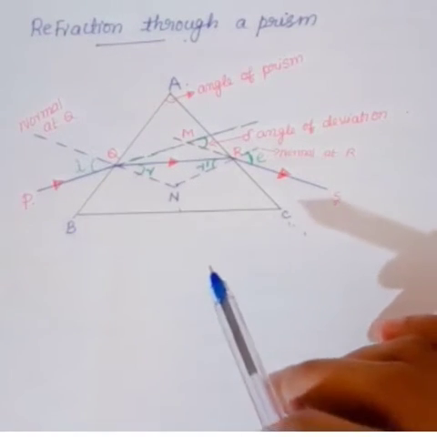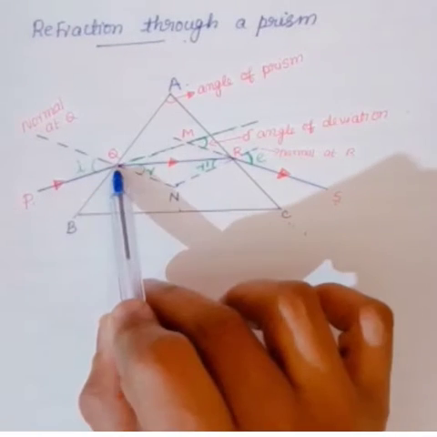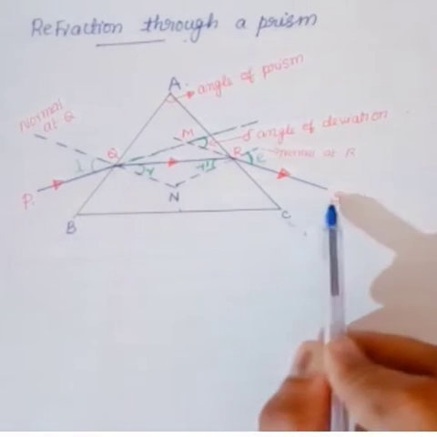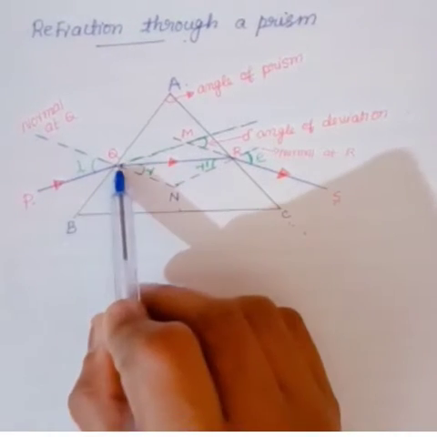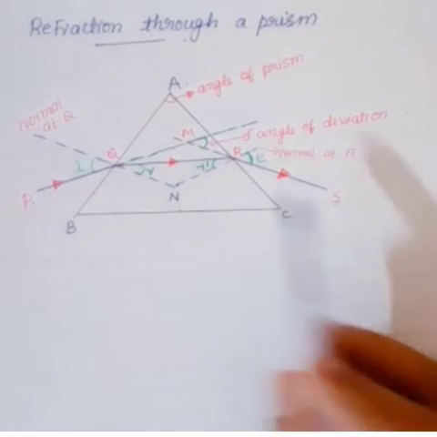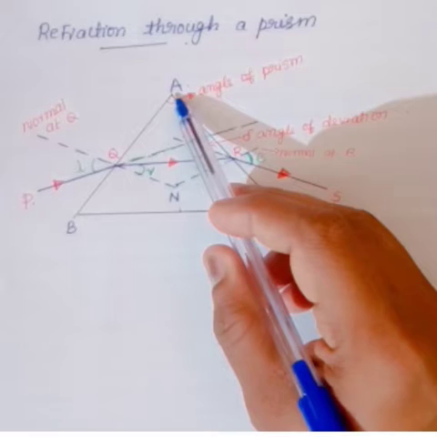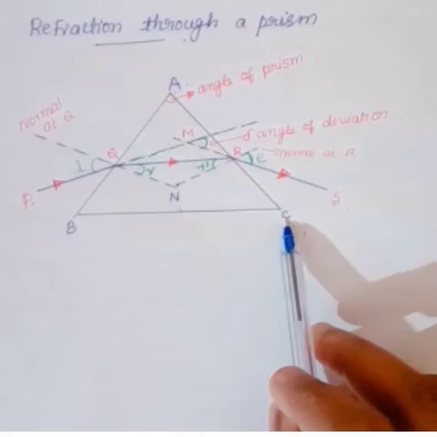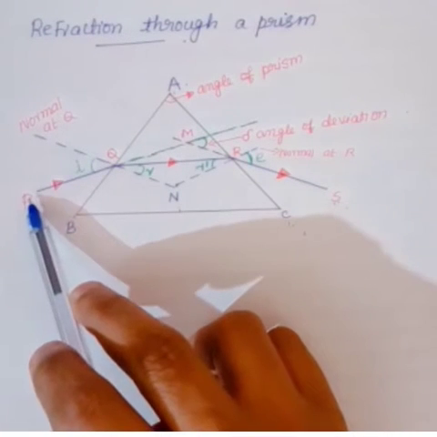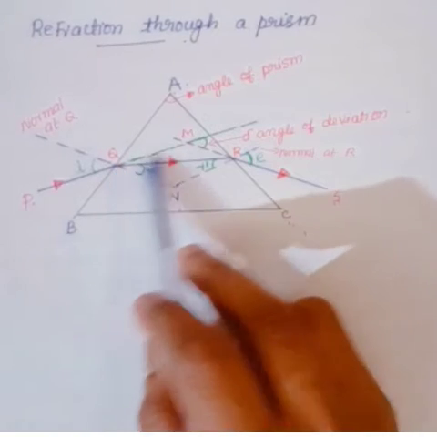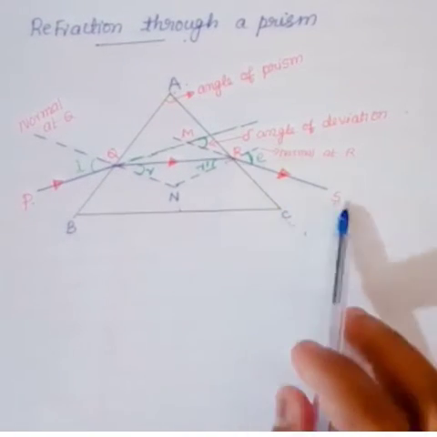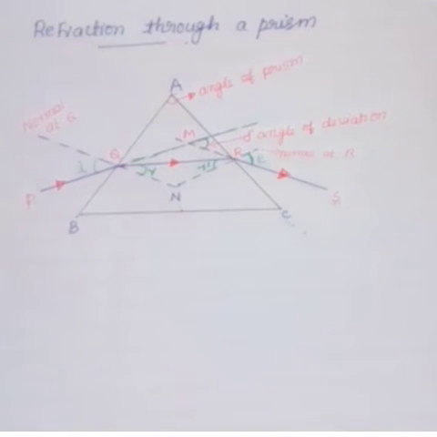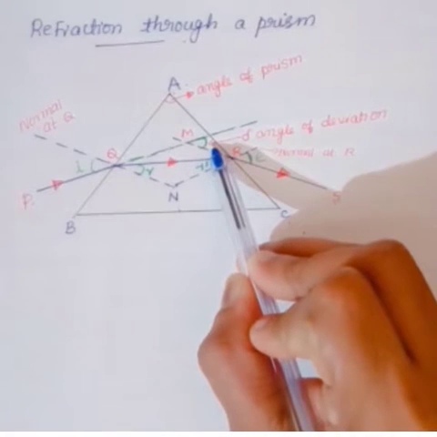The angle between the direction of incident ray PQ and the emergent ray RS. So here PQ is the incident ray and RS is the emergent ray. AB is one of the refracting surfaces. The light is incident on this surface and emerges through the refracting face AC. Here you have to extend the lines PQ and also the emergent ray RS. So here you get an angle. This angle we call the angle of deviation.